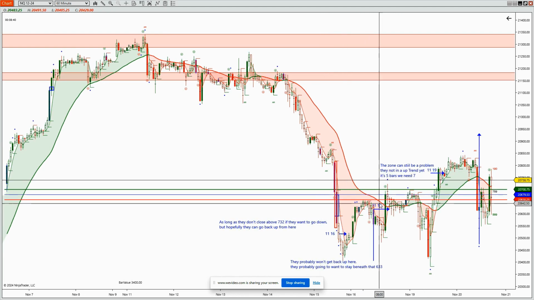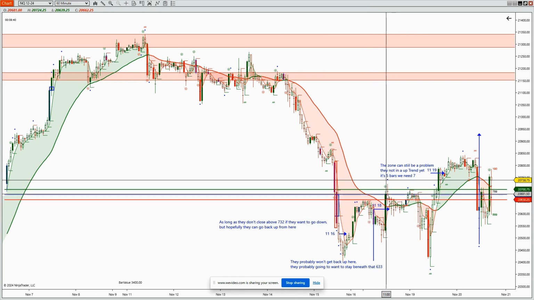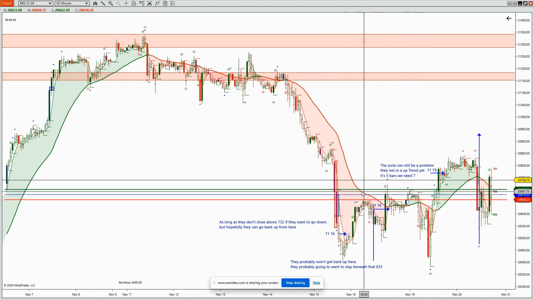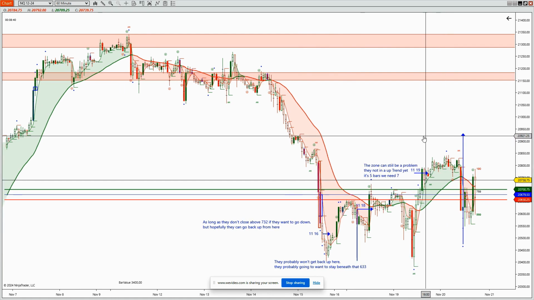When they got there, they kind of pushed up into it. And here, they had a trend, but they didn't make, of course, the distance. They came down and they broke that low, not wanting to get past that. You can kind of read what I said in both of those videos there. But this is the activity that we had yesterday.